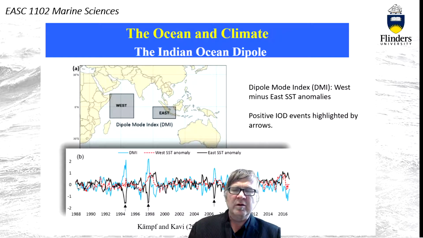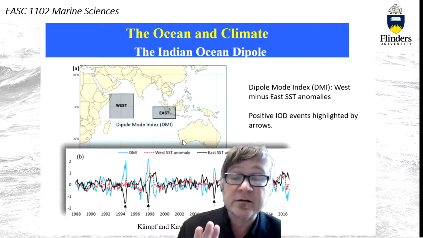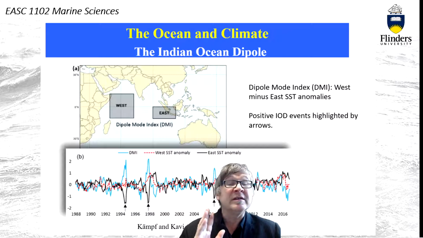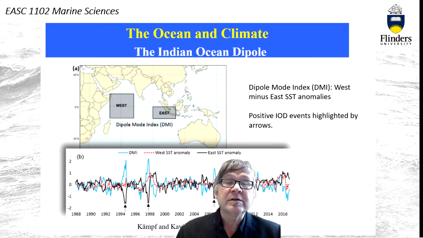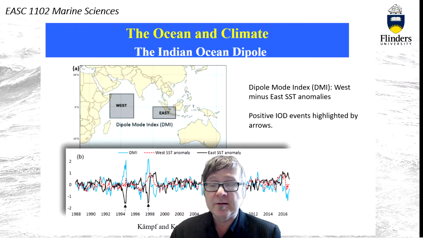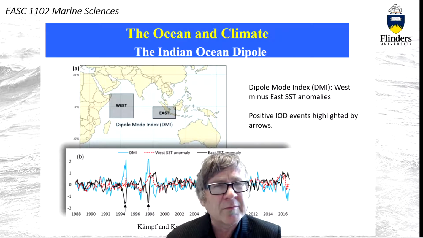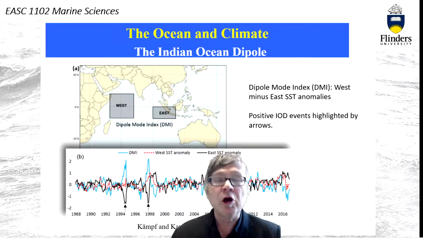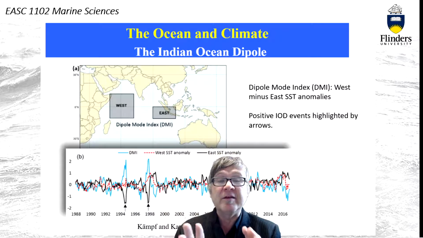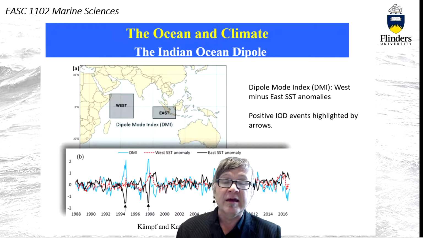So let's have a look at the sea surface temperature anomaly in the eastern bit. And this is actually the dominant signature, because in most years there is no upwelling along the coast of Sumatra here. And in some years, there's very, very strong upwelling. So it's sort of similar to the Peru upwelling, but the other way around. No upwelling in most years, but in some years you get strong upwelling,